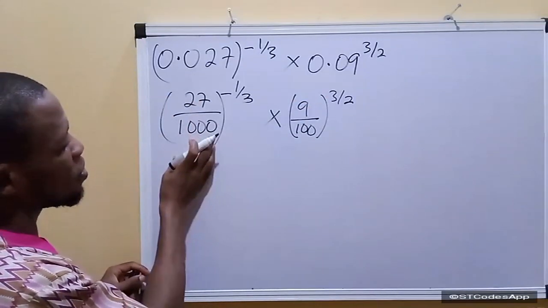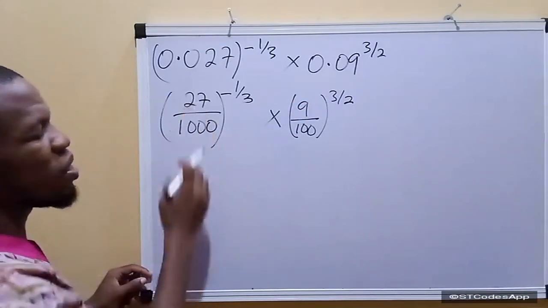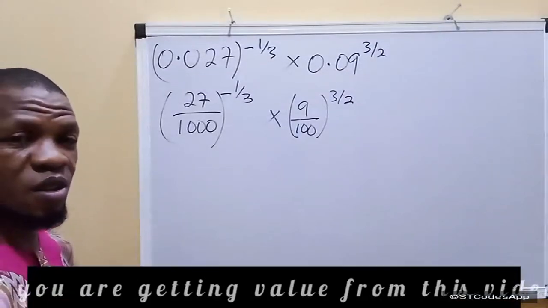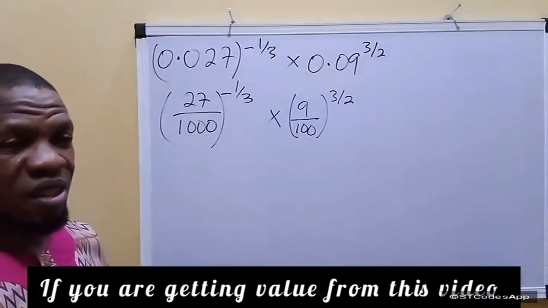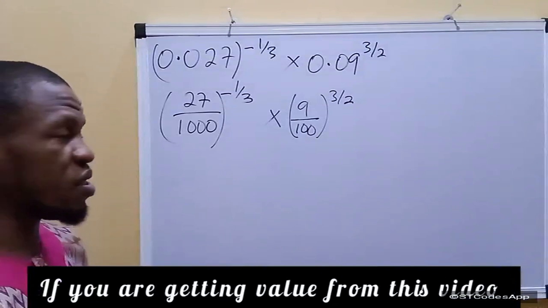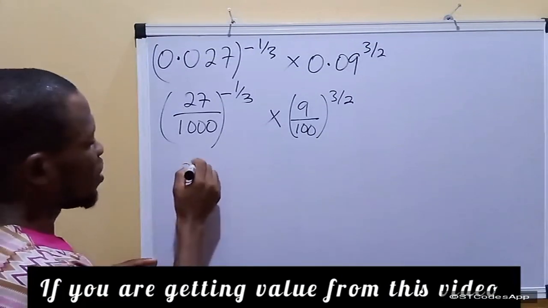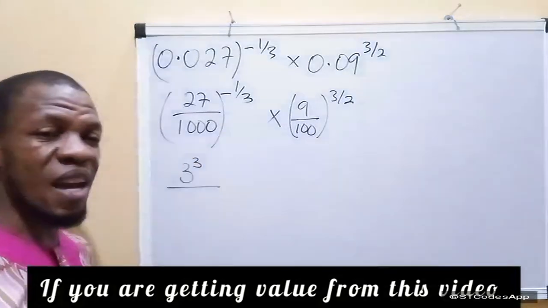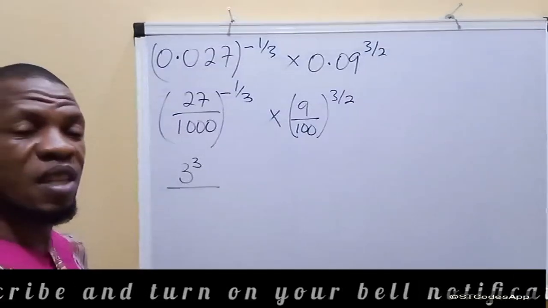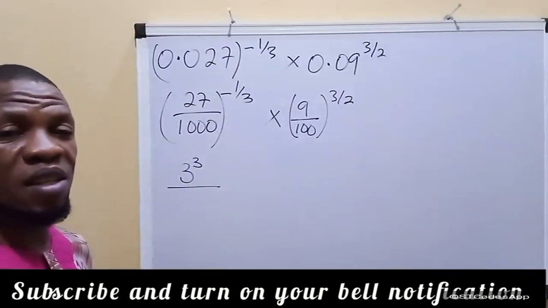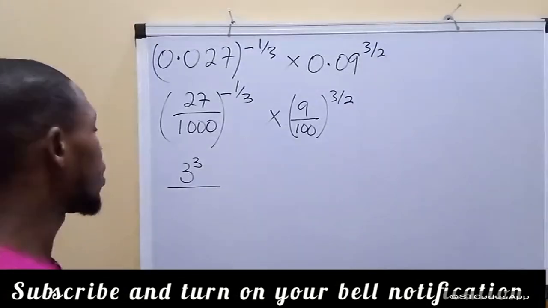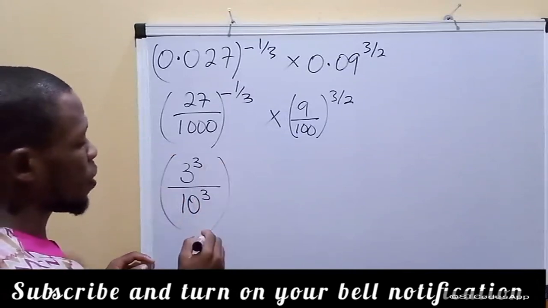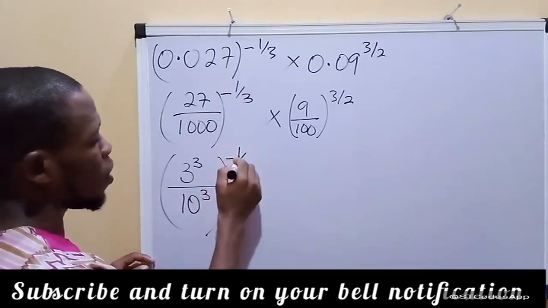Now, if you look at this term here, 27 is simply 3 raised to the power 3, because it is 3 times 3 times 3. 3 times 3 is 9, 9 times 3 is 27. So we are going to have 3 raised to the power 3 here, all over 1000, which will give us 10 times 10 times 10. 10 times 10 is 100, and 100 times 10 is 1000, which means 10 raised to the power 3. So we're going to have 10 raised to the power 3 in brackets, minus 1 all over 3